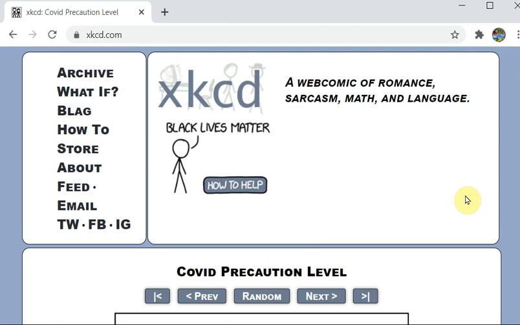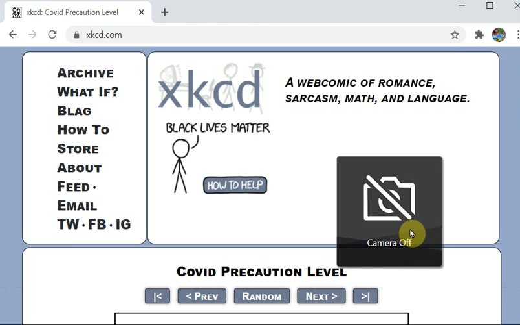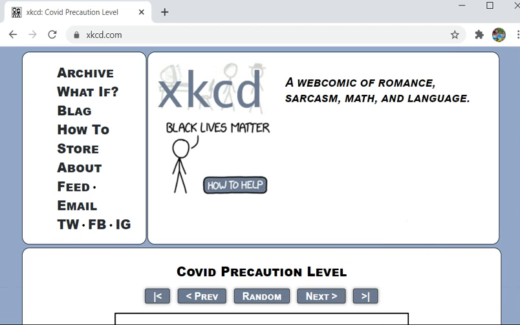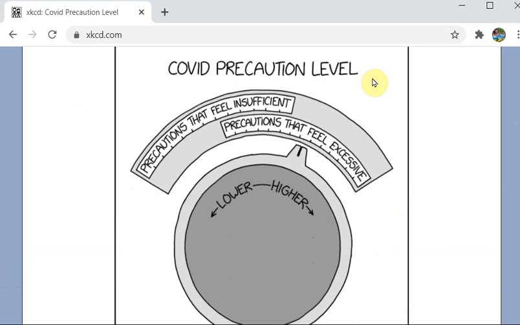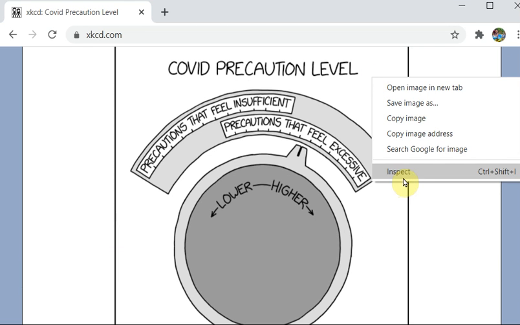You can go to the developer tool and inspect the elements on the page. How to go to the developer tool? You can press F12, or instead you can just come to any of the images, right click on it and go to inspect.